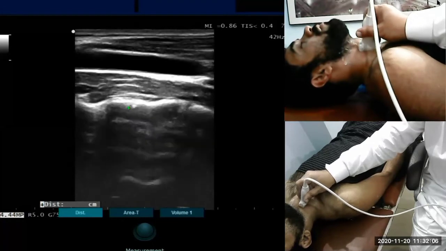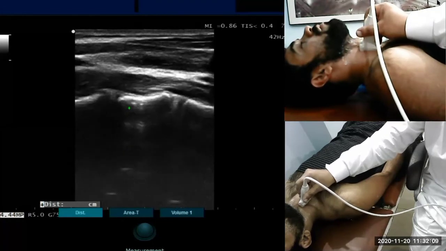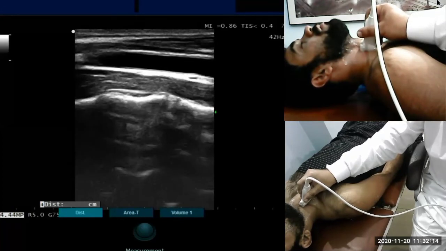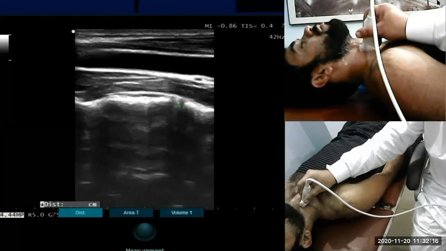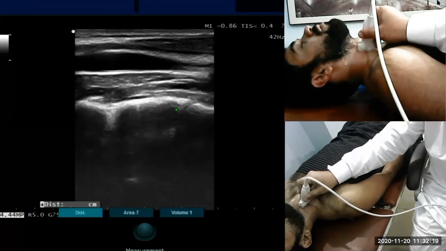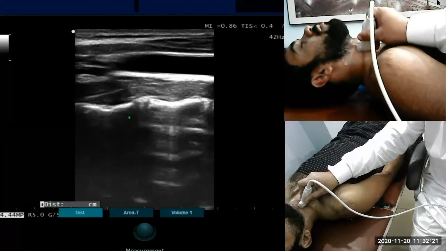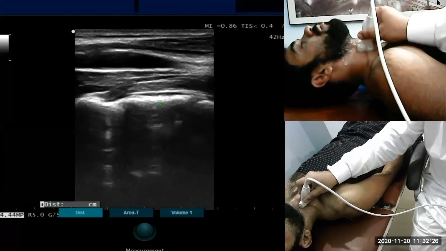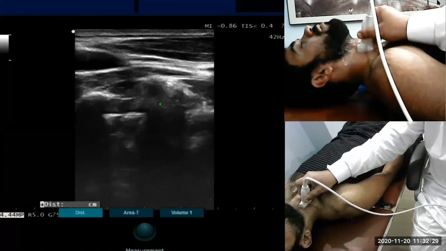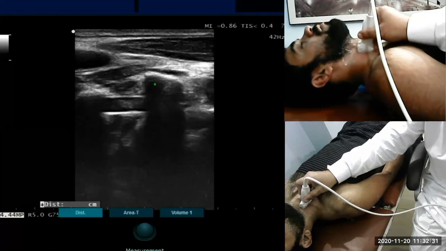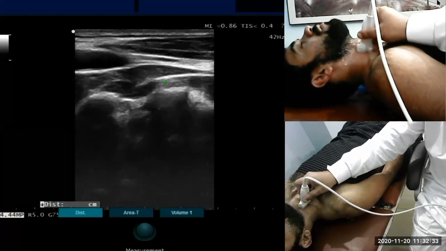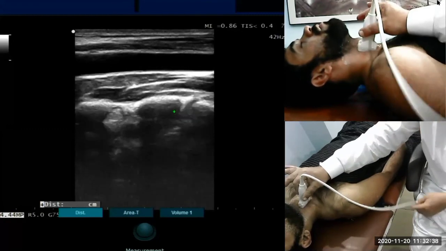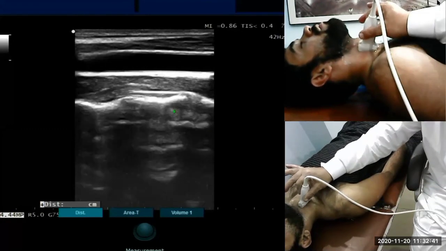I'm going back. These are the vertebral bodies, the other vertebral body, and this is the intervertebral disc. There. This is intervertebral disc. This is the body. Keeping this body in focus, I'm moving lateral, and there you see. This is a transverse process. Going back, in the midline are the vertebral body,